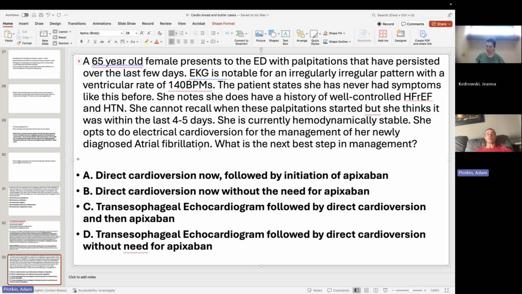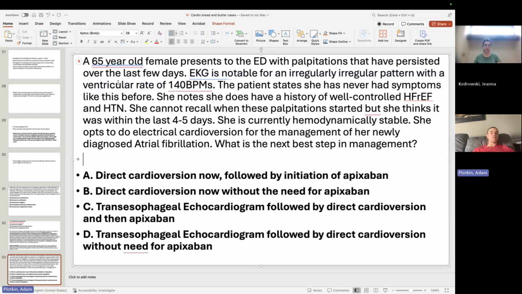Now, to decide if the patient needs long-term anticoagulation, we use the CHA2DS2-VASc score, right? That's probably still one of the most validated. There's some other scores there. For the sake of Step 2, they're never going to be like, hey, what is this patient's CHA2DS2-VASc score, and give you A through D and they're all numbers, right? But you should be able to just quickly say, does this patient need anticoagulation or not? Usually what the literature says is if a man has a score of 2 or more, that's indication. If a woman has a score of 3 or more, that's indication, right?